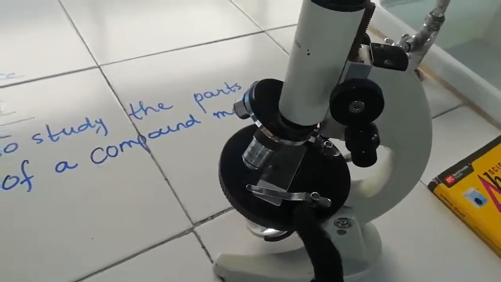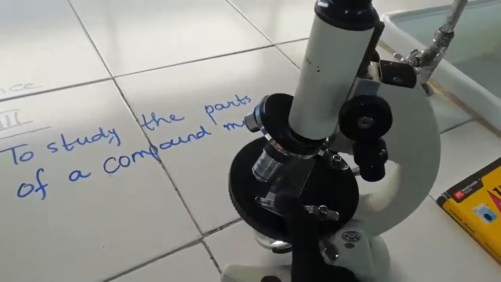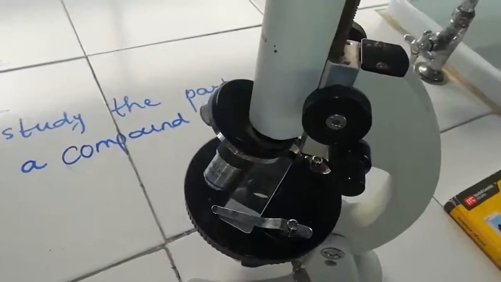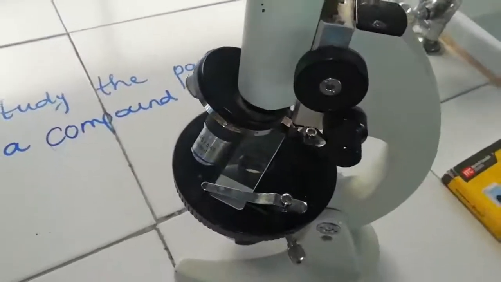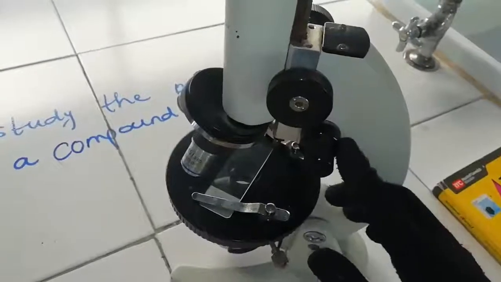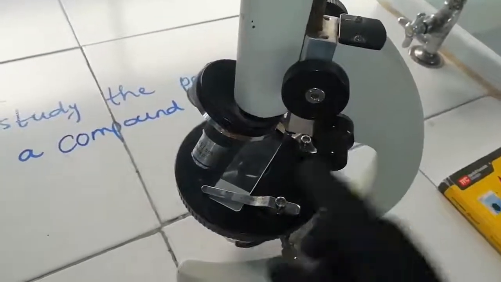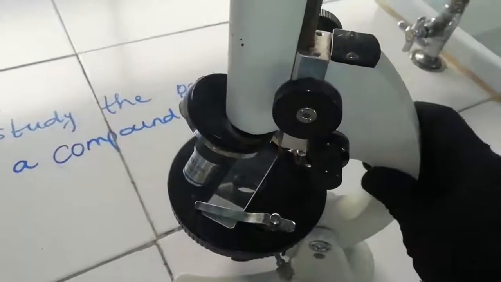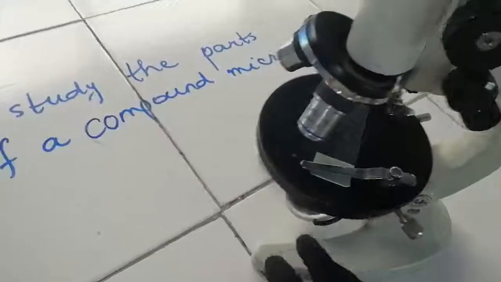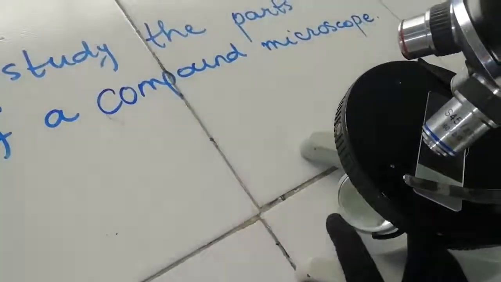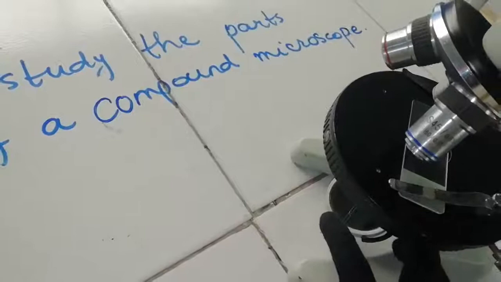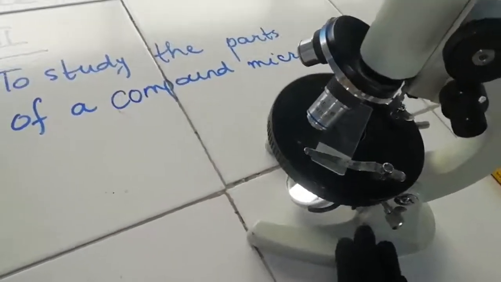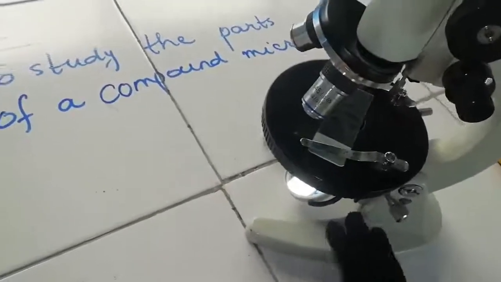This black part is called the stage. This is the slide on which we place the specimen. I told you what a specimen is. Specimen is the object or something which we want to observe under the microscope. These two are the knobs which we use to adjust the image. This is called the arm by which we can hold the microscope, right. This is the mirror which actually helps to reflect the light on the specimen, and this is the base of the microscope that actually supports the microscope on your table, on your desk.